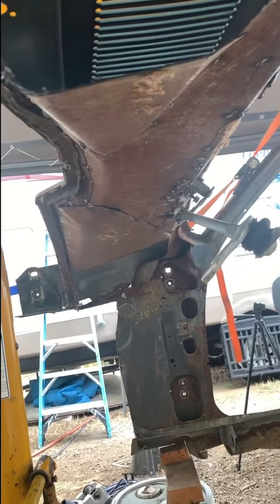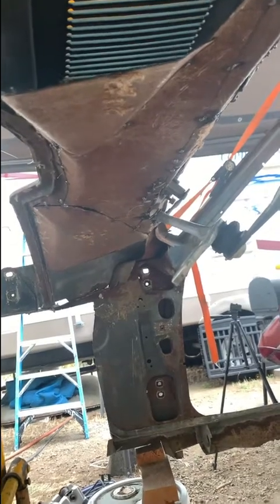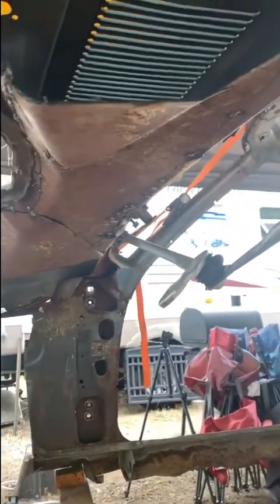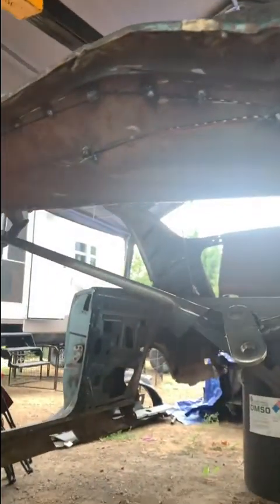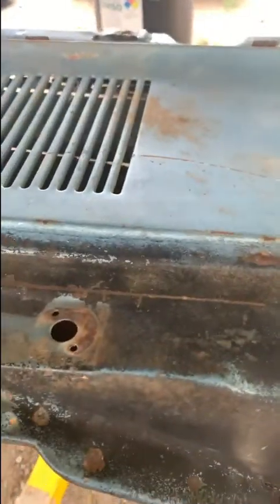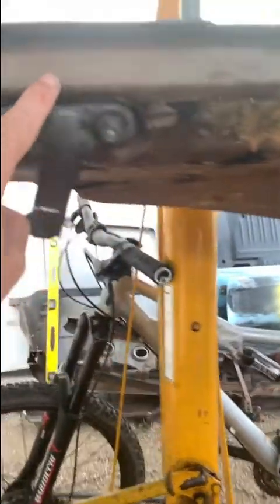but it's just so many weird angles that I think I'm making it more difficult than it has to be. So now I have a change of heart, and I think what I'm going to do, you can see this natural lip out here. I think I'm going to utilize that natural lip, and then in here use this natural lip, and out of cardboard I think I'm going to cut a template